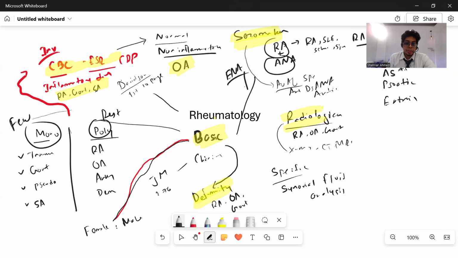Most rheumatological conditions occur in females. Now, can you tell me a few male-oriented rheumatological conditions? Actually, anything can happen in anyone. Let's say, starting with gout is one of them, and ankylosing spondylitis is another. There can be one or two more, but these two are the major ones. So one is gout, and one is ankylosing spondylitis. This is another part of the basics.